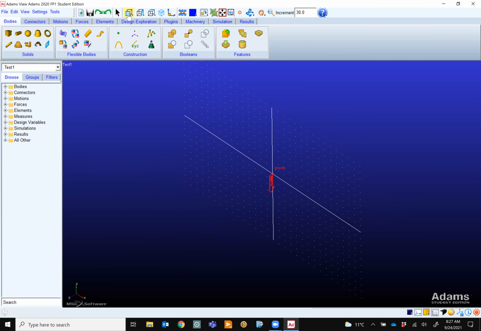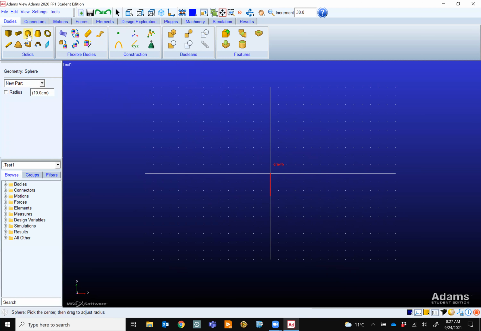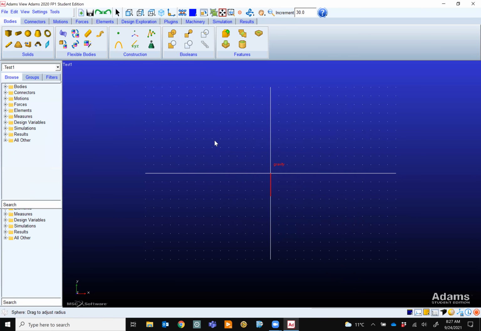Now, let's go to the front view. Let's build a very simple thing here. Just click on this sphere. If I know the radius, I can click on the radius, but I can forget these things, which I prefer. So the first part, I click on the body, and then I have these solids. I click on a sphere, and then I click somewhere randomly, hold it and drag it.